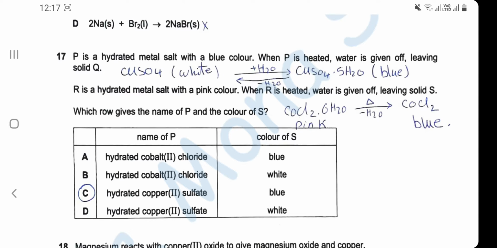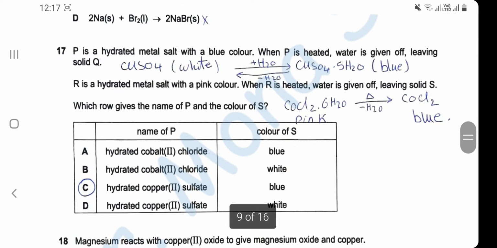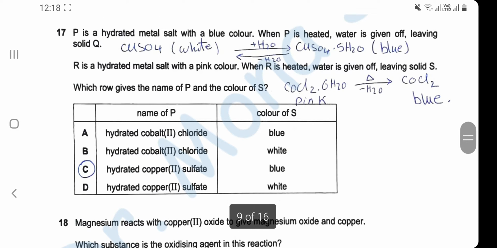Another salt, R, is a hydrated metal salt with a pink color. When R is heated, water is given off, leaving solid S. We have only here the example in your book. Cobalt chloride hydrate is a pink color. When it is heated, it will convert to cobalt chloride, blue. Unhydrated salt is blue. It is the reverse of the copper sulfate. Copper sulfate hydrate is blue, and cobalt chloride unhydrated salt is blue. So he will ask here about the solid S, which is cobalt chloride unhydrated,